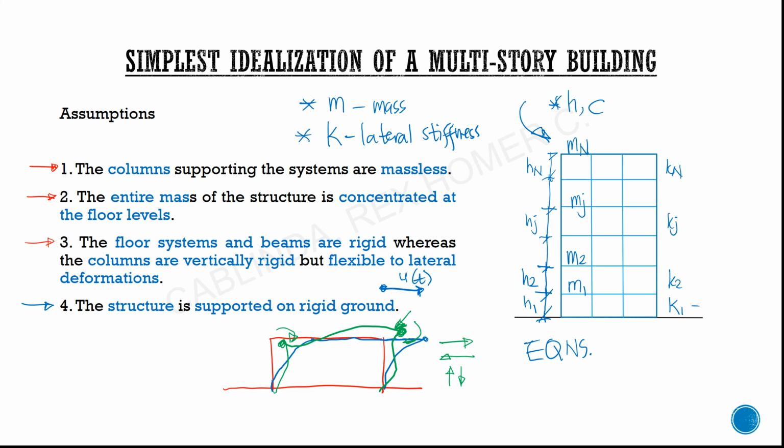So the equation of motion for the multi-story building. Let's have our simplest MDOF system, so a two-story building or a two-degree of freedom, 2DOF, system. Let's have the simplest structure in formulating our equations of motion. In the two-degree of freedom system, we have a